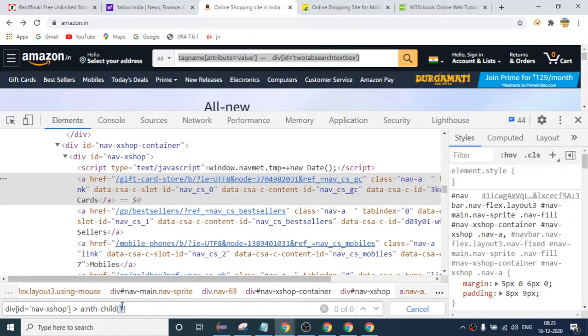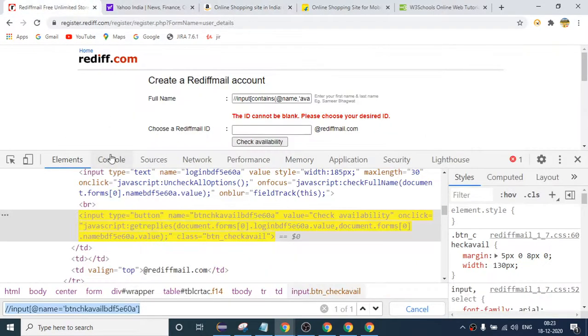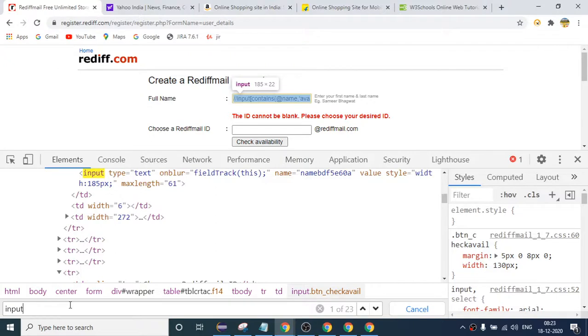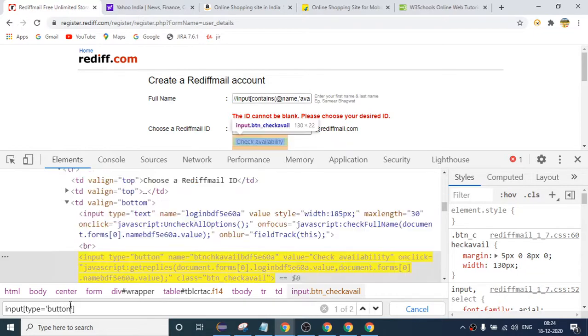Are you able to get it? Got it. Okay, so this is the difference. Just like we have written XPath here, if I simply write CSS for this, how can we write it? input type equals button.